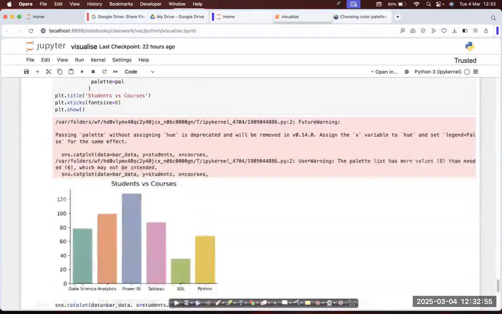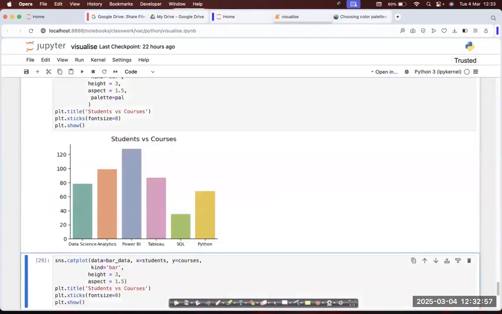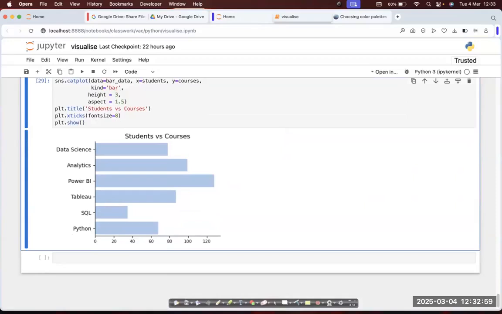All right, so this is your simple bar chart. Then you can check out all the other plots. The only thing we need to do is